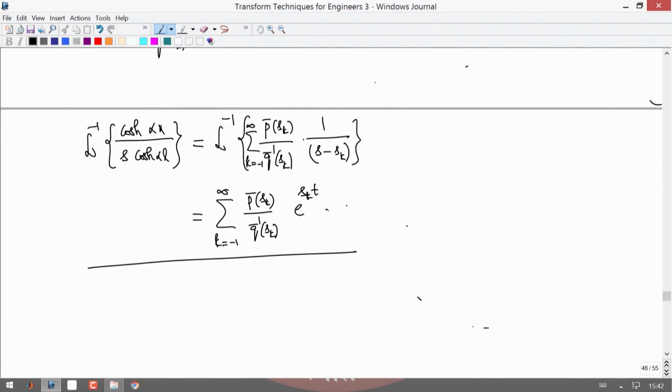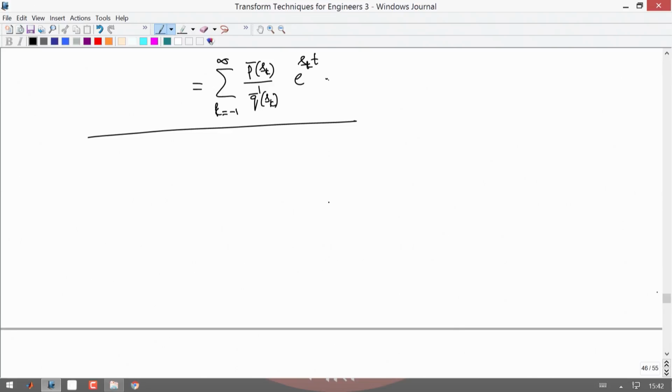But actually if you use the general way of finding, that I am going to do next, the general way of finding the Laplace inversion using the contour integration technique, you get this expression naturally. Okay. So, that is the reason I gave you this expression. So, let us use the next way of finding the inverse Laplace transform, Laplace inversion